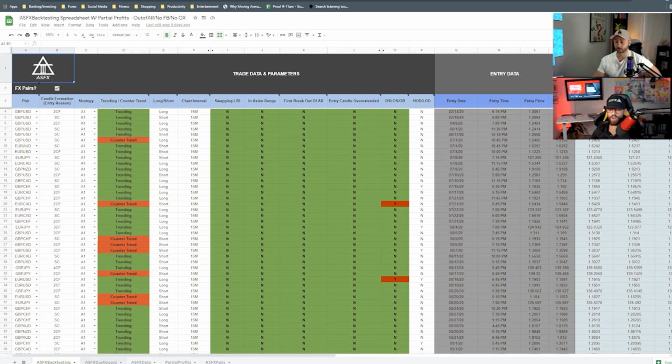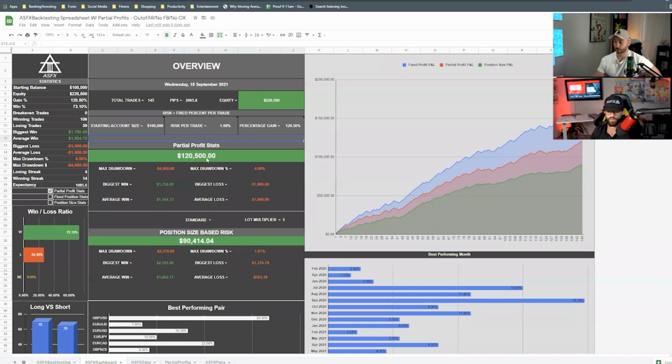Now, of the final spreadsheet that you did, could you go to the dashboard here of this one? How many total trades was it for here? 145 from 802 trades. Do you know what time of day the majority of those trades presented? Yes. So all my testing was done between 5 p.m. Sydney time and up to 11 p.m. Sydney time. So pretty much after the Asia session, the London Open, and then all the way to midnight. Yeah. Got it. Okay. Cool. So that's normally when people are trading. Exactly. Makes sense. Okay.